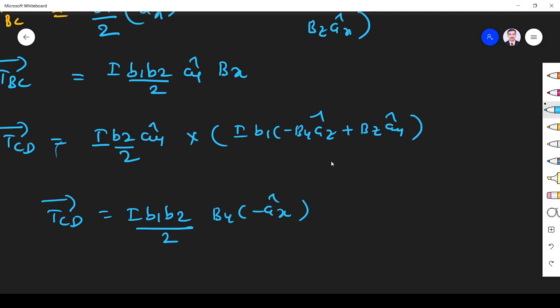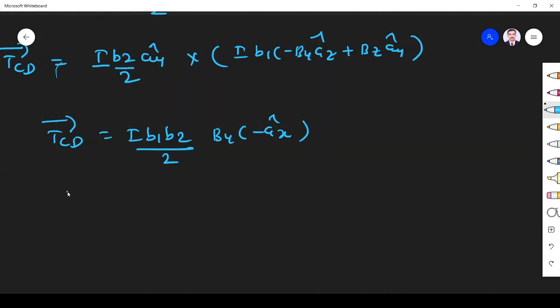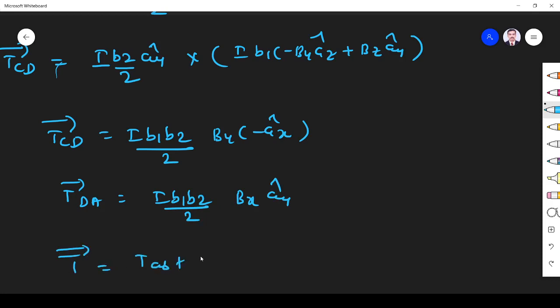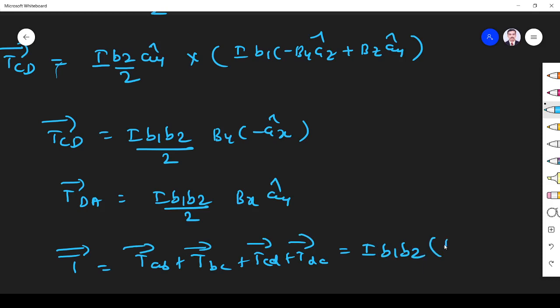Similarly, you can follow the same procedure and find TDA. You will get I into B1 B2 divided by 2 BX AY. So what is the total torque? Total torque is given by TAB plus TBC plus TCD plus TDA. That is equal to I into B1, B2. If you add all the four values, what you get is BX